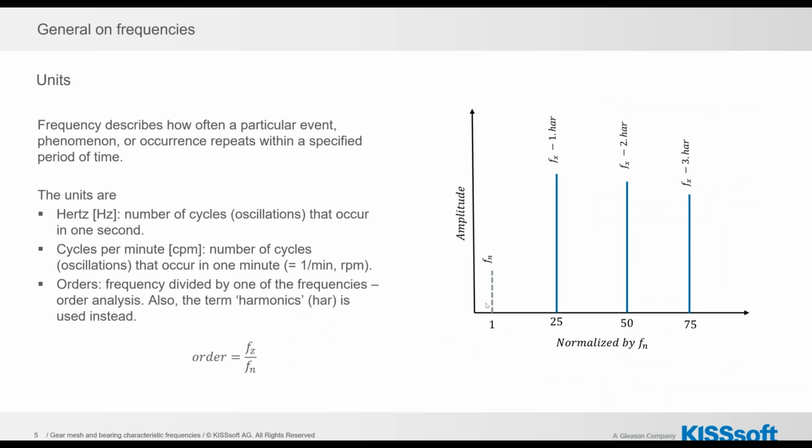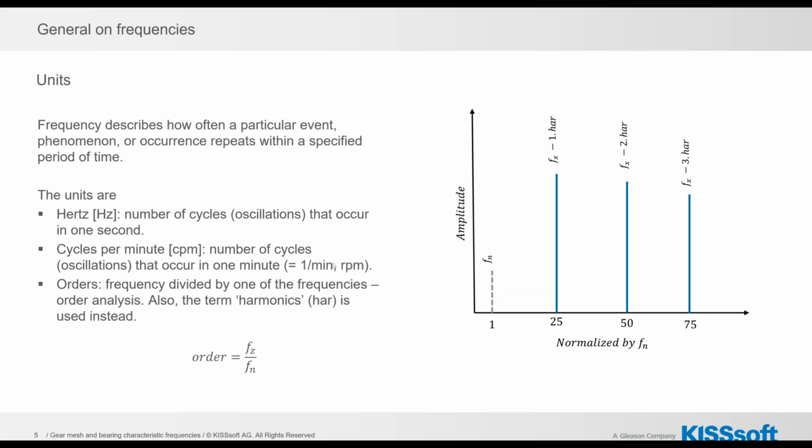Now, something general on the frequencies. By definition, the frequency describes how often a particular event, phenomenon, or occurrence repeats within a specific period of time. Usually the main unit is hertz, so the number of cycles or oscillations that occur in 1 second. Often engineers describe the characteristic frequencies in cycles per minute, so the number of cycles that occur in 1 minute, and usually they use the abbreviation CPM and not RPM. The third important unit,